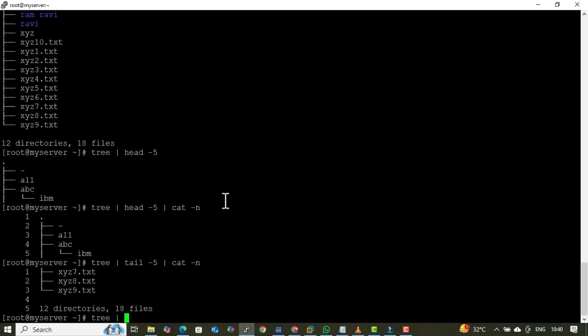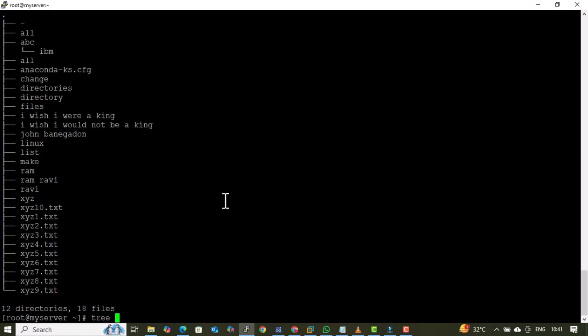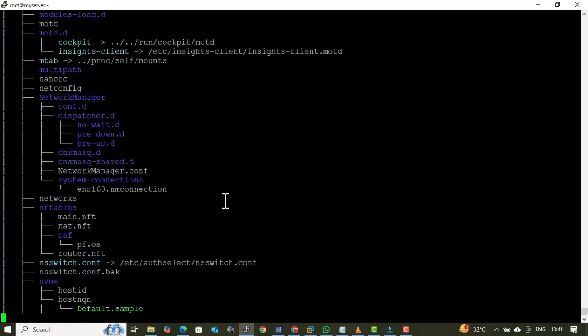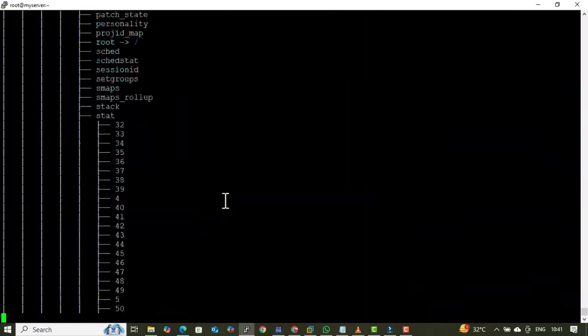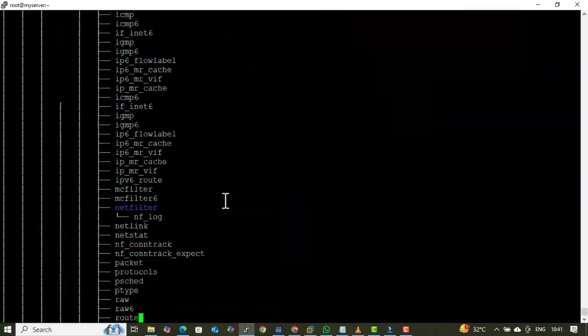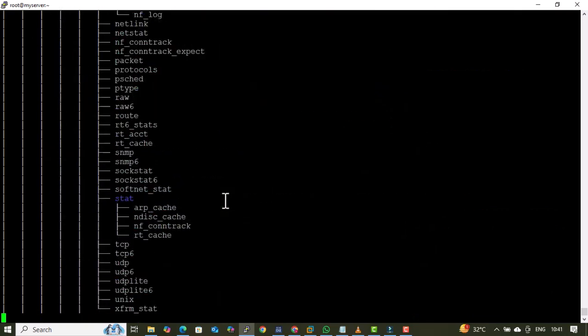By which we can try to check the output, that is called the more command. That is also heavily used in real environments. Let's see now, if we want to print the output of tree, because this was a small output, it has pasted it. Now if the output is too big, let me show you how. If I press tree on root, now it will give a very long output. It keeps going and identifies all the files and directories. We will do Control-C here.